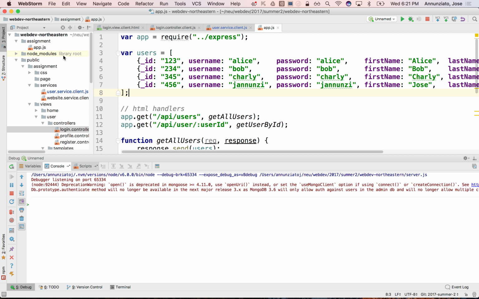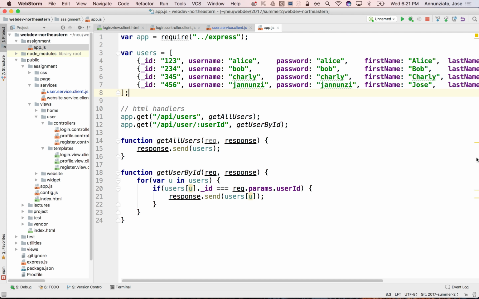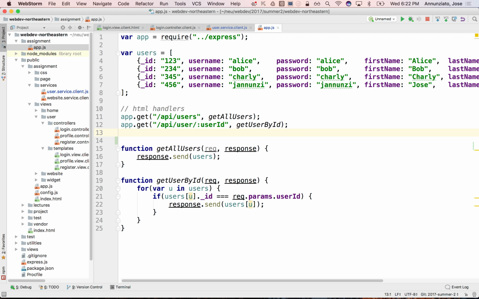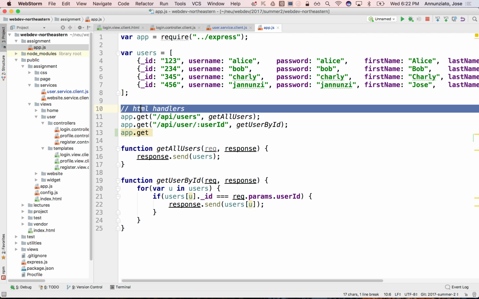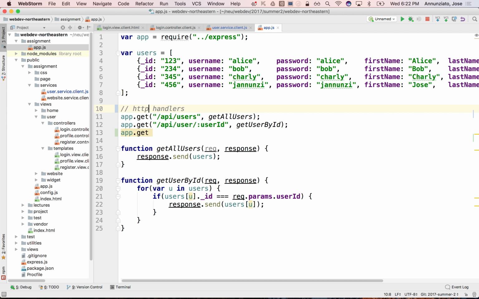We're going to go back to my app.js on the server, and I'm going to use my express instance that we are requiring. We're using it to create several HTTP handlers, meaning we're going to be listening for incoming HTTP requests from anybody, in particular from our Angular client, but it could come from anywhere. And we need to listen for that incoming request. So I'm going to add here another HTTP, not HTML, HTTP handler. I'm going to listen for an incoming request